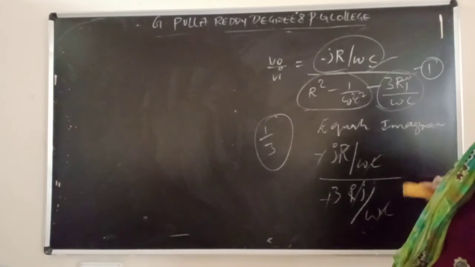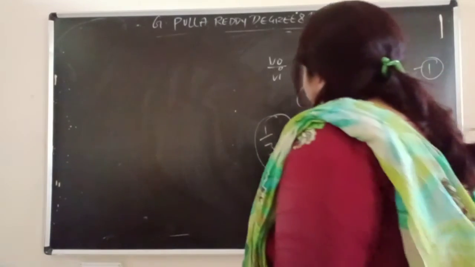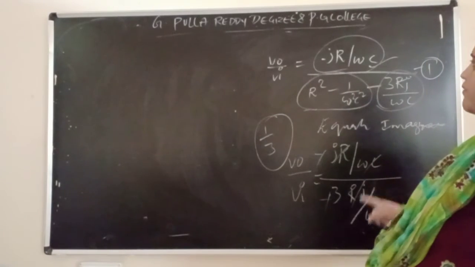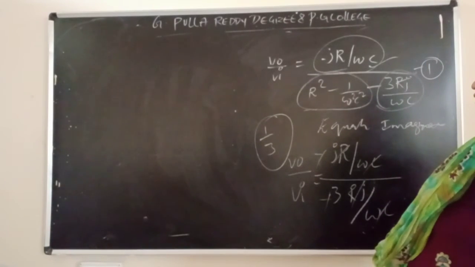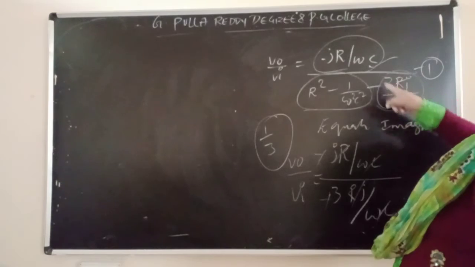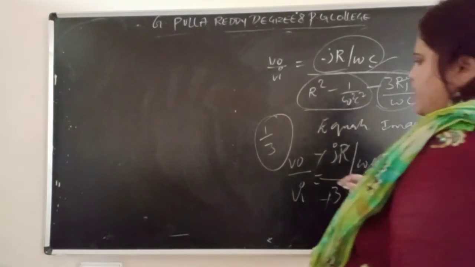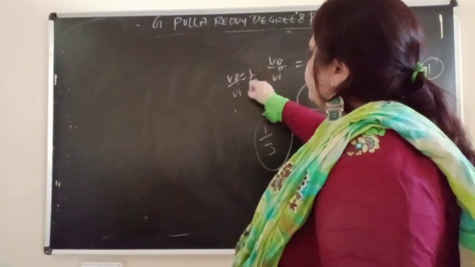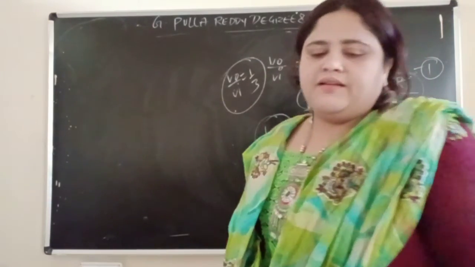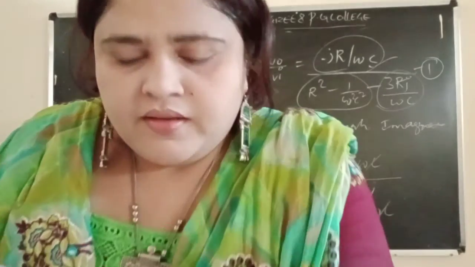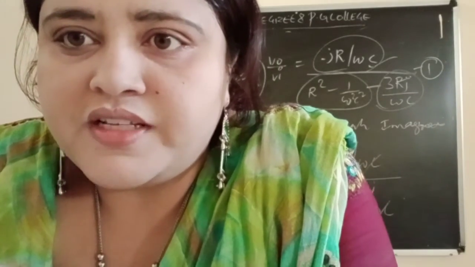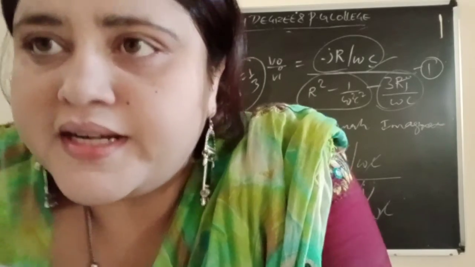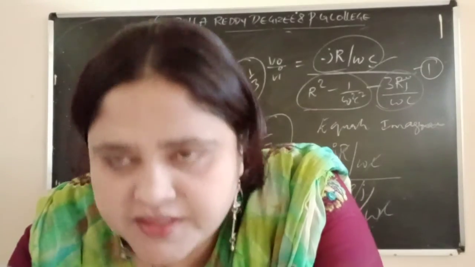So the gain formula for this is nothing but, from this we will not equate to 0; we will equate only real terms to 0. Here we will write output by input, and from the gain we will calculate the sustained oscillation condition. Whatever is remaining, we cut it and we get V naught by Vi equal to 1 by 3. 1 by 3 is the condition for sustained oscillation of the Wien bridge oscillator. Finally, at 1 by 3 you will get the sine wave, that means 360 degrees.